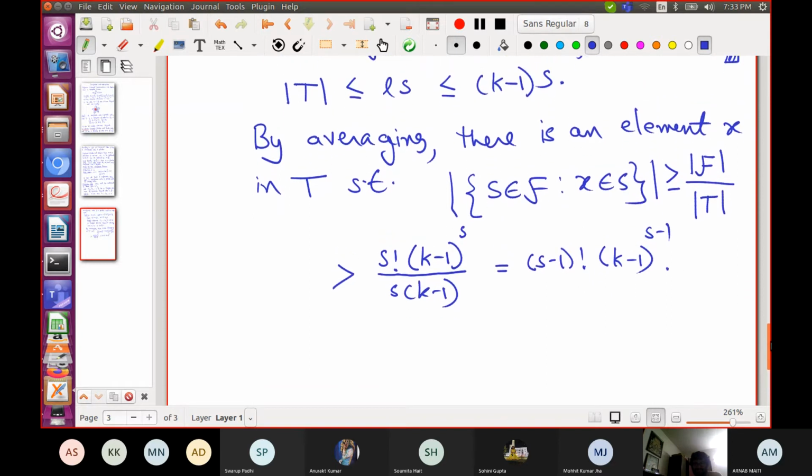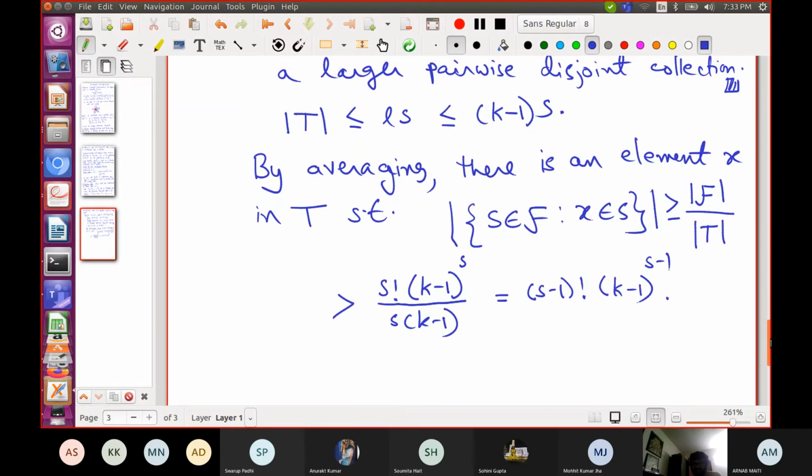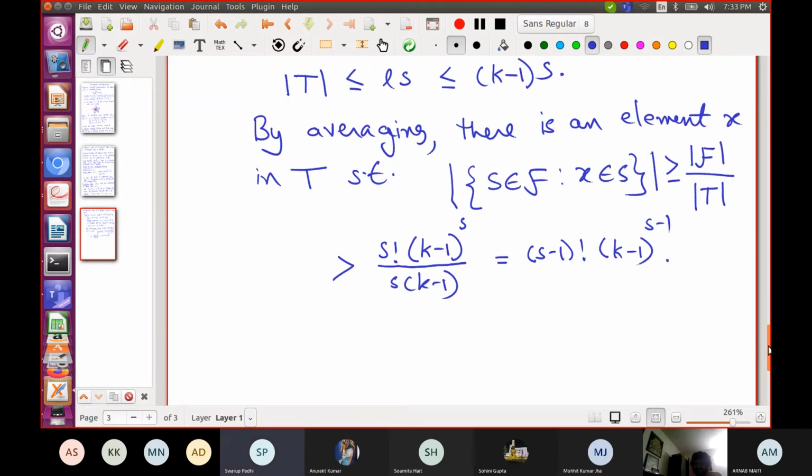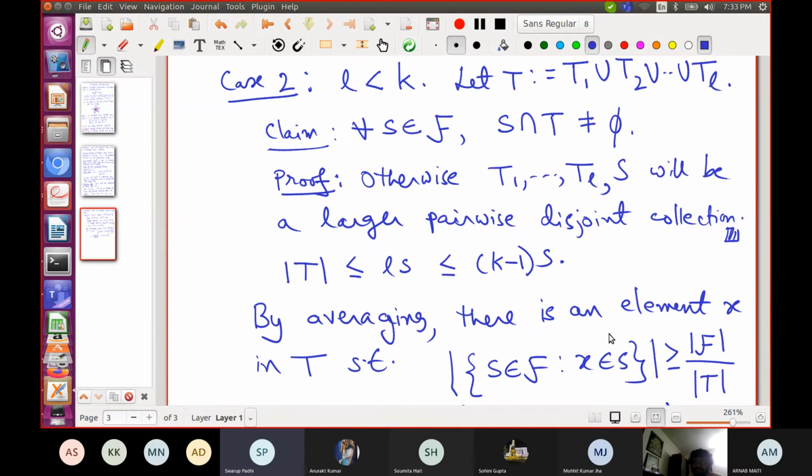Do you want me to explain it again, or is that okay? Sir, in case 2, when you prove that let T equal T1 union T2 union up to TL, S belongs to the family. So if it is a member of the family, then we should make sure that it is part of the family but not a part of the union of all these disjoint sets.